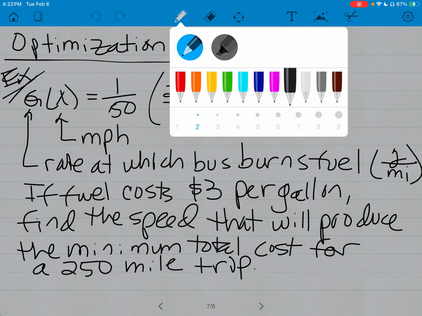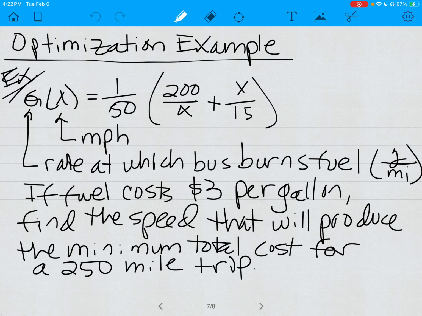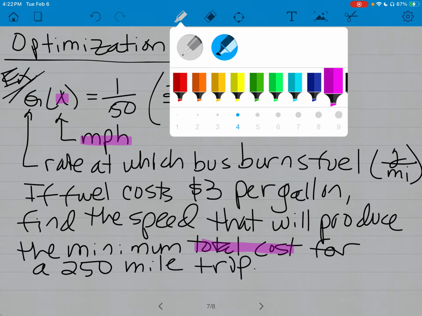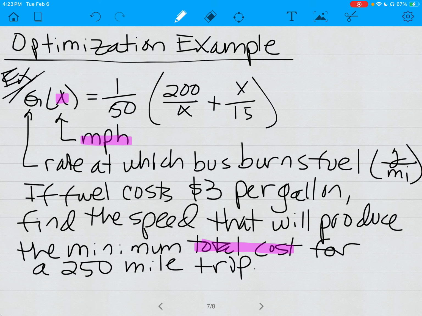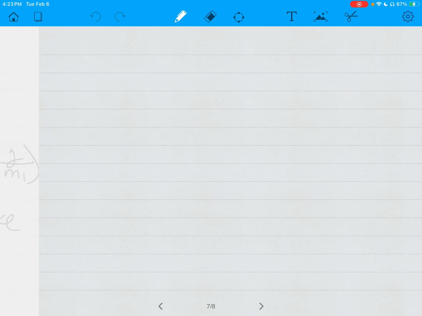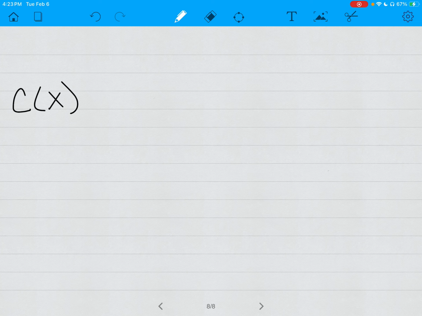speed, which, in miles per hour, is what x is, to total cost. Right now, what we have is a function that relates the rate of fuel burn to the miles per hour, which is great, but that doesn't tell us anything about total cost. So to get total cost, we have to think this through a little bit. So we want cost in terms of miles per hour, where this is the miles per hour, and this is total